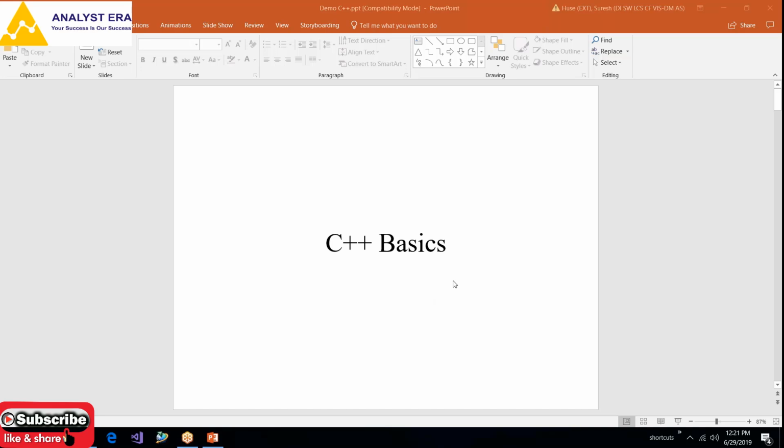Prior to that, I completed my engineering from College of Engineering Pune, and since 2011 I have been working as a software engineer in the C++ field. I have surrounding knowledge of C# and SQL as well, but my focus is on C++, so I would like to share whatever knowledge I have till now.